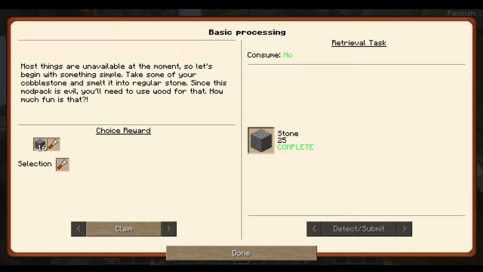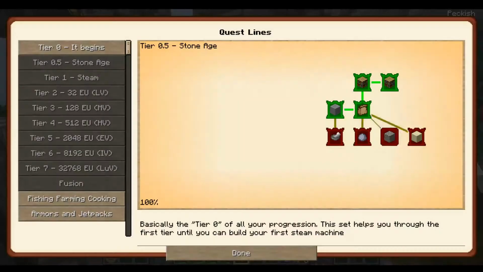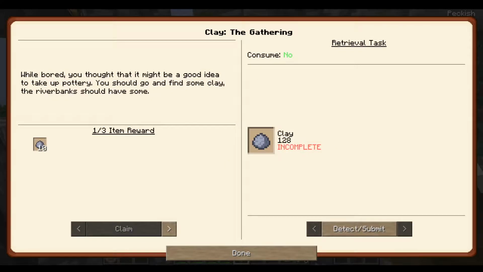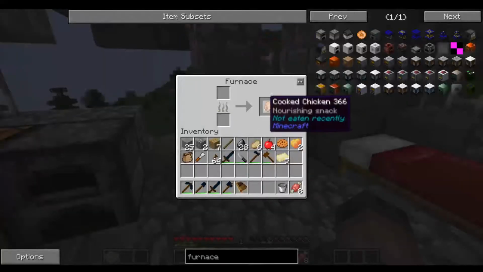I'm gonna pick the chisel because that takes some iron to make. And the more iron I can save, the better, especially early game. Clay, the gathering, of course. Bird, you thought it might be a good idea to take up pottery. You should go and find some clay. The riverbanks should have some. They should have, but I didn't see anything when I was down there, so...